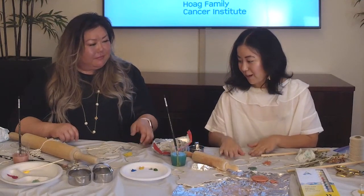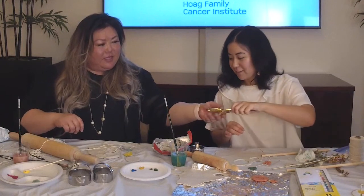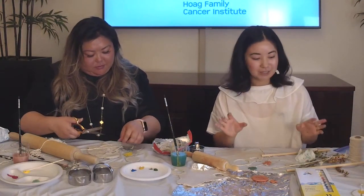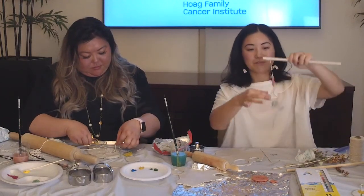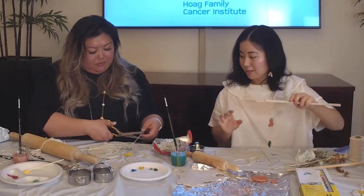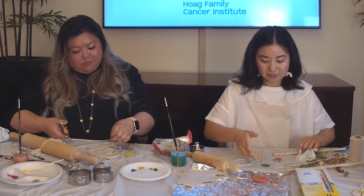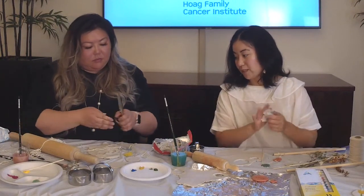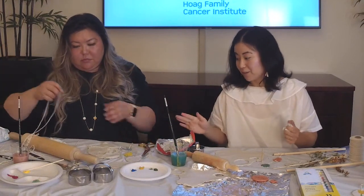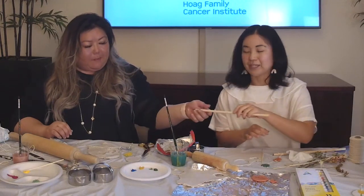But if we don't have, oh, do you want to show your scissors? Thank you. So for mine, I cut about 6 inches ahead of time, but I know yours comes in just 4 feet of string. So if you want to cut it as you go, just figuring out what length you want, you can play around with it